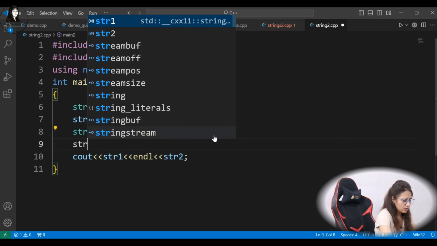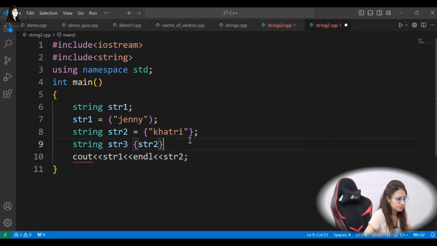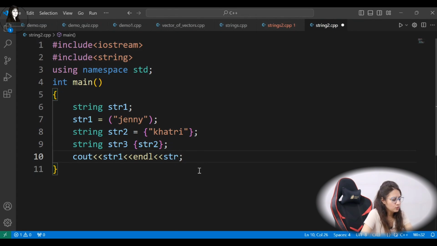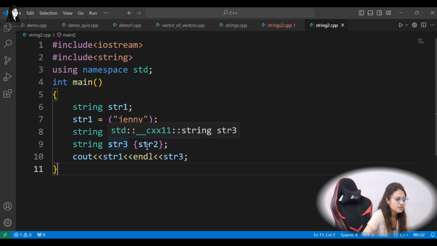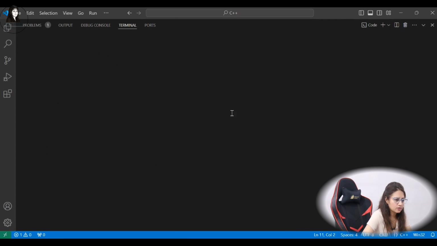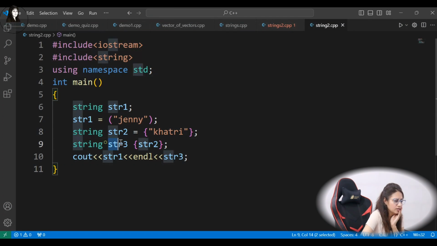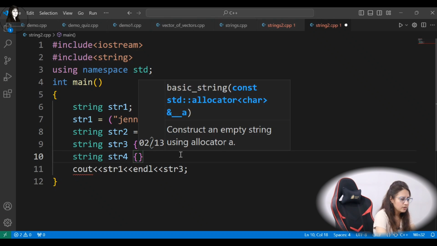Now with another string, like I have str3 and I want to initialize with str2. So this is also fine. Now if you print str3, then str3 is also initialized with str2. In str2 we have Khatri, so Khatri would be there in str3 as well. So we are printing just 1 and 3, these strings, not 2. So it will print Jenny and Khatri. Okay, let's run this and I'll show you. See, right? So with another string we can initialize a string,